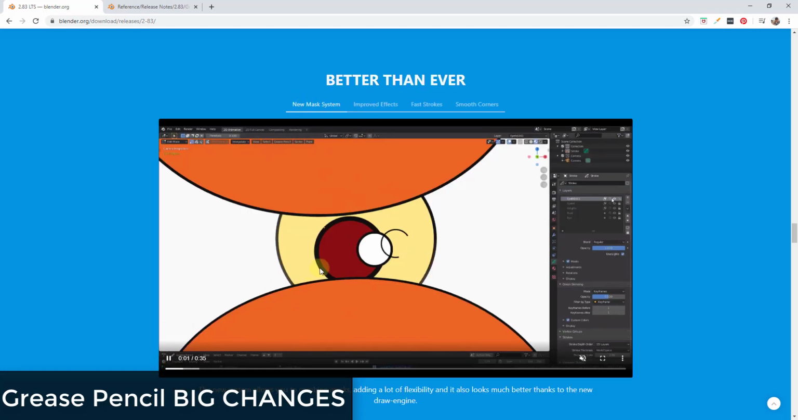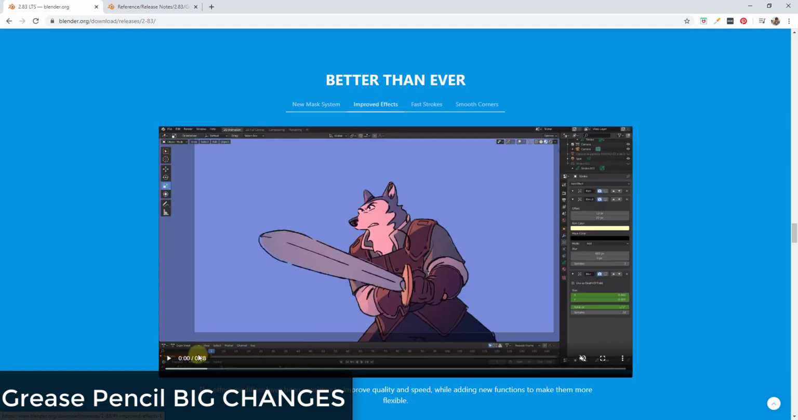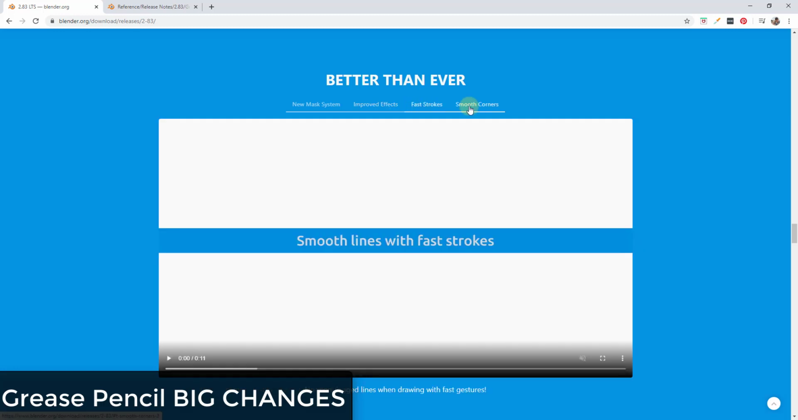So they've added some things like masking, where you can mask out different objects. So you can use this in order to mask part of this object with another object. So there's some kind of crazy effects you can create with that. So they've also made some improvements to the effects that you can apply to these Grease Pencil objects, as well